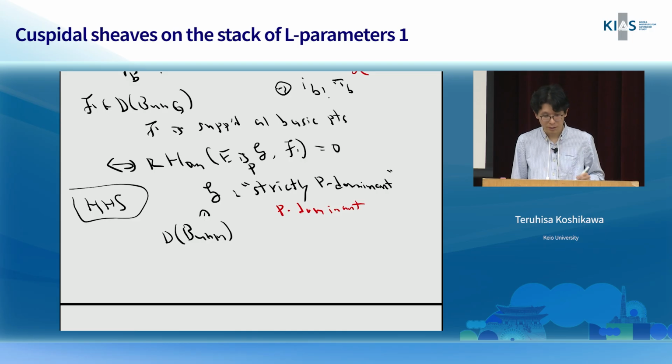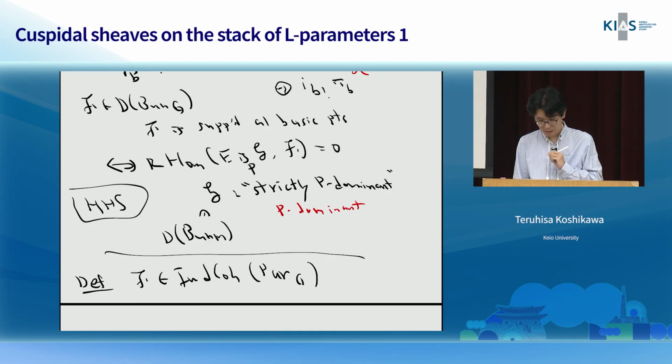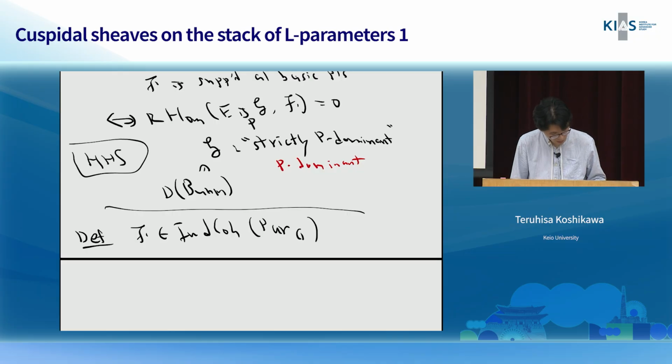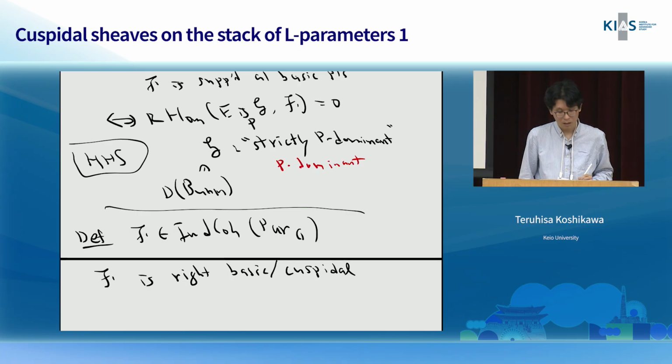So now I move to the spectral side. F is now an ind-coherent sheaf, and we say F is basic or cuspidal if